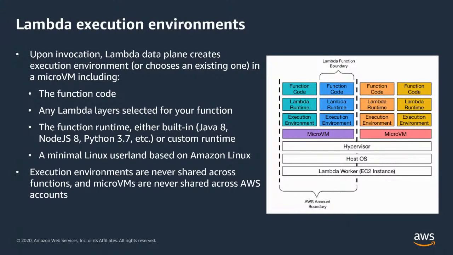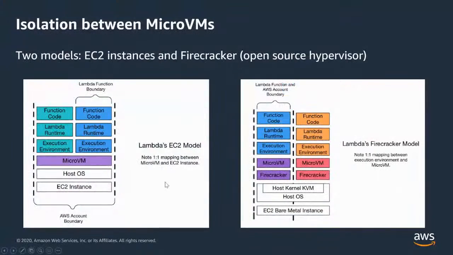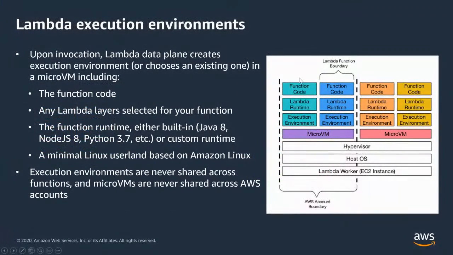So it's never shared across anything, right? It resides only within your account, and it will only reside within that function which you have allocated it to. So if you see in this diagram, this is basically an AWS account boundary. This is the Lambda function boundary. So your function code only resides here. This is the effect and impact it's only going to have. It's not going to go beyond anything else, right? So this is basically your impact. So think of this as one Lambda. Think of this as another Lambda. This cannot have access to this Lambda unless it uses the standard interface of invoking another Lambda, which is basically through the APIs using the AWS SDK. So this is basically the level of security you're looking at when you're executing on Lambda.